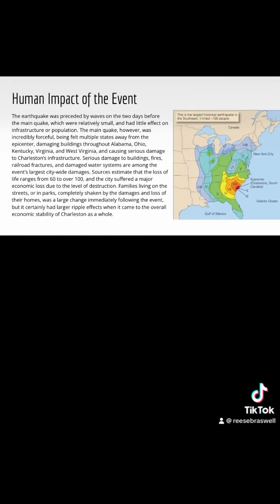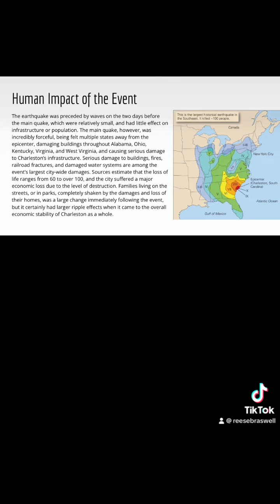The faults the earthquake took place on are known as the subterranean faults. Similar faults are found all along the east coast of North America. It is thought that such ancient faults remain active from forces exerted on them by present-day motions of the North American plate. The earthquake was preceded by waves on the 2 days before the main quake, which were relatively small and